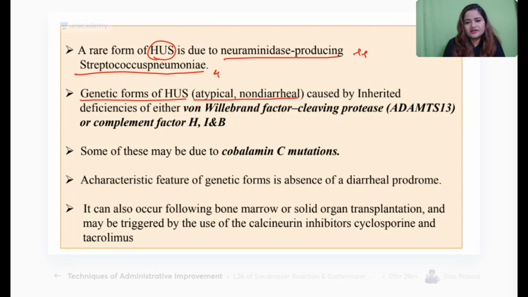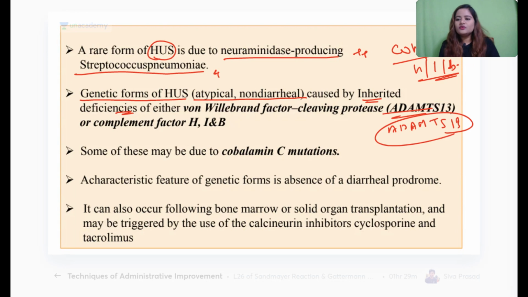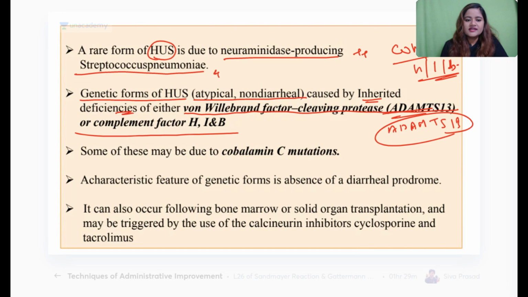Now the atypical forms that I told you, these are the genetic forms of HUS which are atypical or the non-diarrheal forms, that is caused due to inherited deficiencies, ठीक है। Now दो चीज की deficiency जो बहुत ही important है, एक complement factors। So complement में we have seen H, I and B, ये तीन complement factor की deficiency से HUS हो सकता है। And apart from this we have got added TS13 deficiency, ठीक है। So इन दोनों के problem के वजह से what can happen, inherited deficiencies will lead to the genetic form of HUS। Some of these may be due to cobalamin C mutations as well, ठीक है।